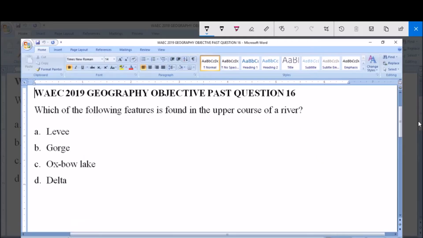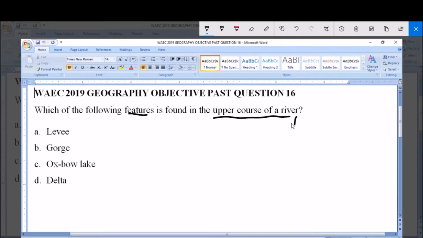So I'm going to be answering WAEC 2019 Geography Objective Past Question 16. Which of the following features is found in the upper course of a river? A. Levee, B. Gorge, C. Oxbow Lake, D. Delta. So here we are considering the features that are found in the upper course of a